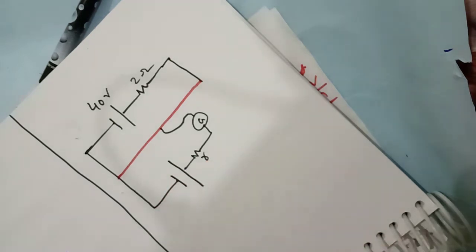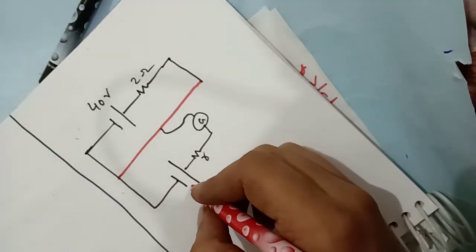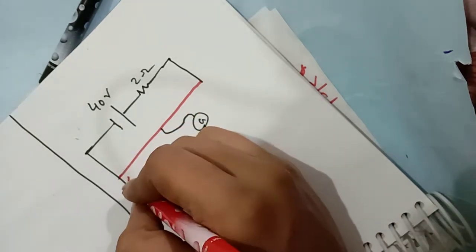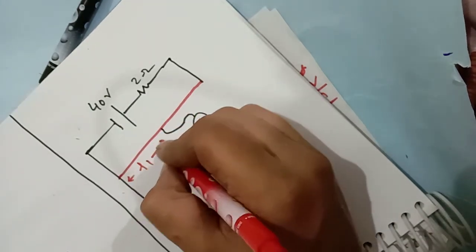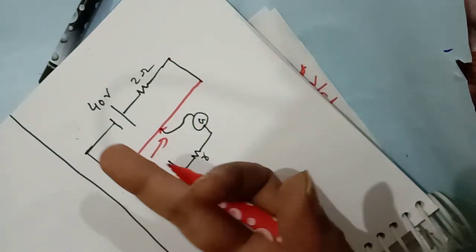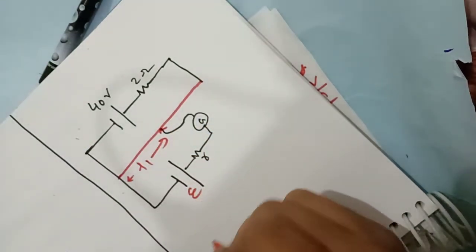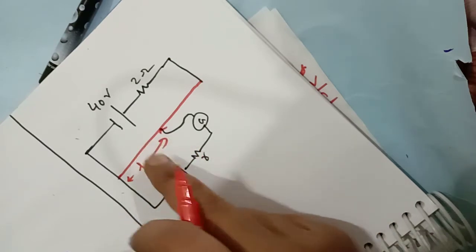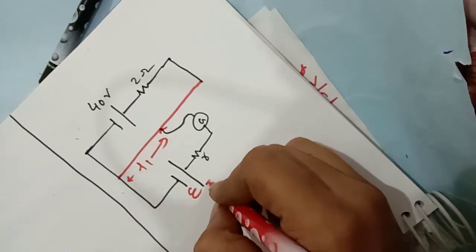What are we now required to find? Either the E value or this L1 distance. If any one is given, the other can be found easily. In this case, we are finding the E value.